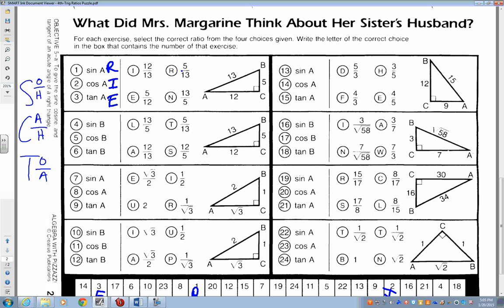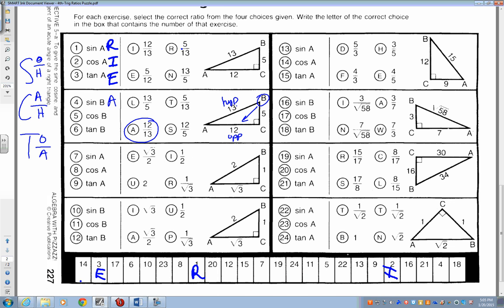So on number 4, it's sine of B. We look at angle B. Sine is opposite over hypotenuse. So I have to look at the opposite side, which is 12, and 13 is the hypotenuse, so I'm going to write the ratio 12 over 13. Well, that is this one here, so that is A. So now I look at the bottom, find number 4, and I'm going to put the letter